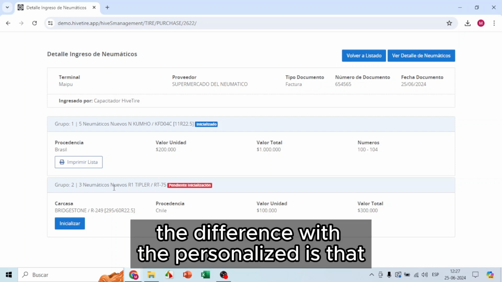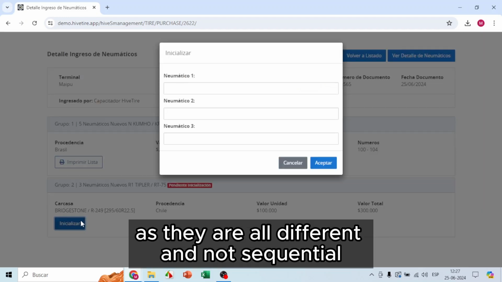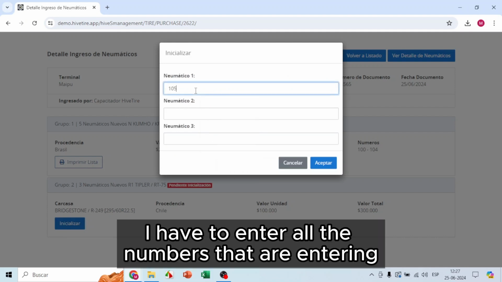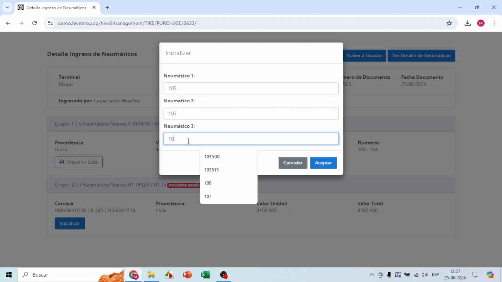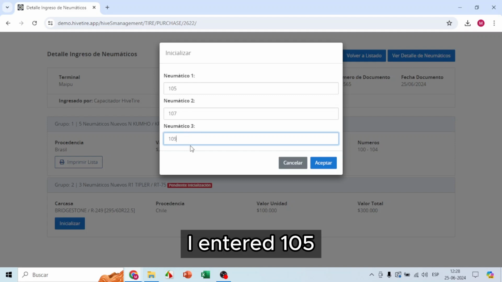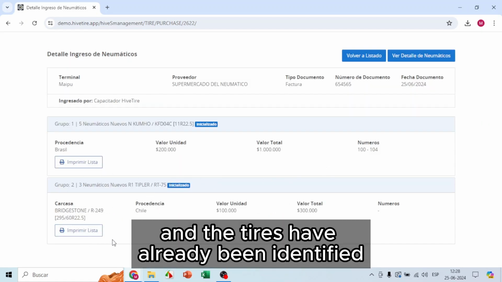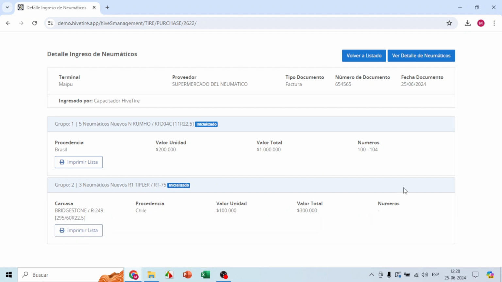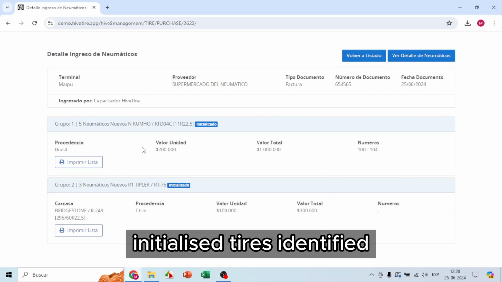The difference with the personalised is that if I press here to initialize, as they are all different and not sequential, I have to enter all the numbers that are entering. Here, if you look, they are not sequential. I entered 105, 107, 109 and press here to accept, and the tyres have already been identified. They already have their burn number ready. Here are all the purchases initialized, tyres identified,